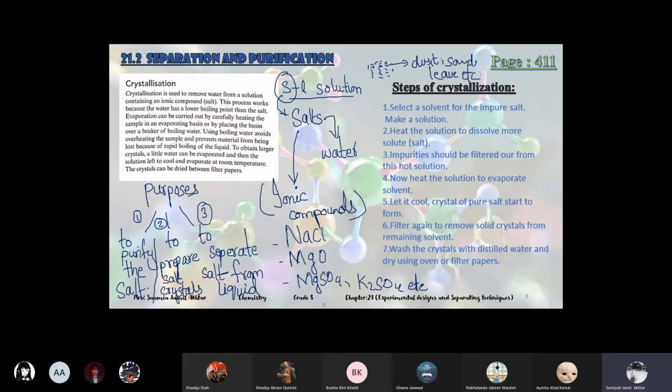Now see, these are the steps. The steps are not written in your book, but you should know the steps of crystallization as they are really important. In many papers, questions come like this: write the steps of crystallization, and how these crystals are prepared. They can ask you to prepare